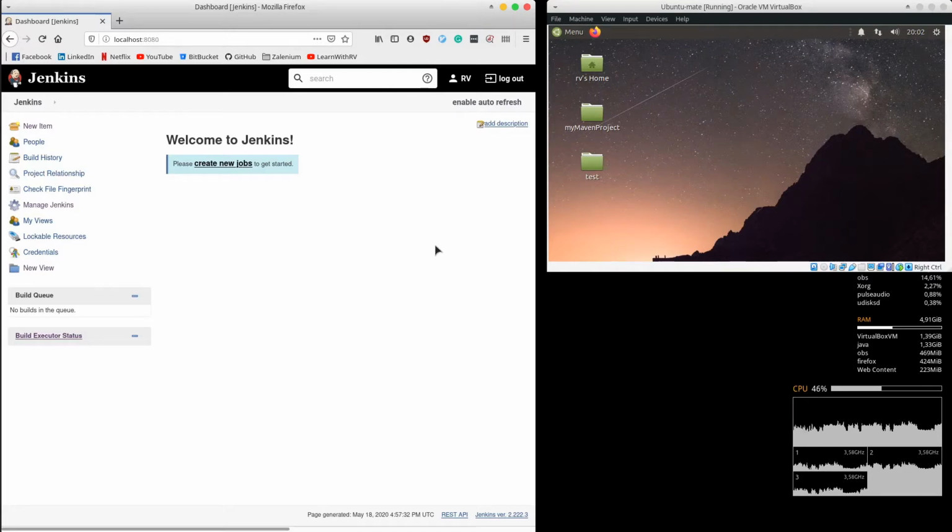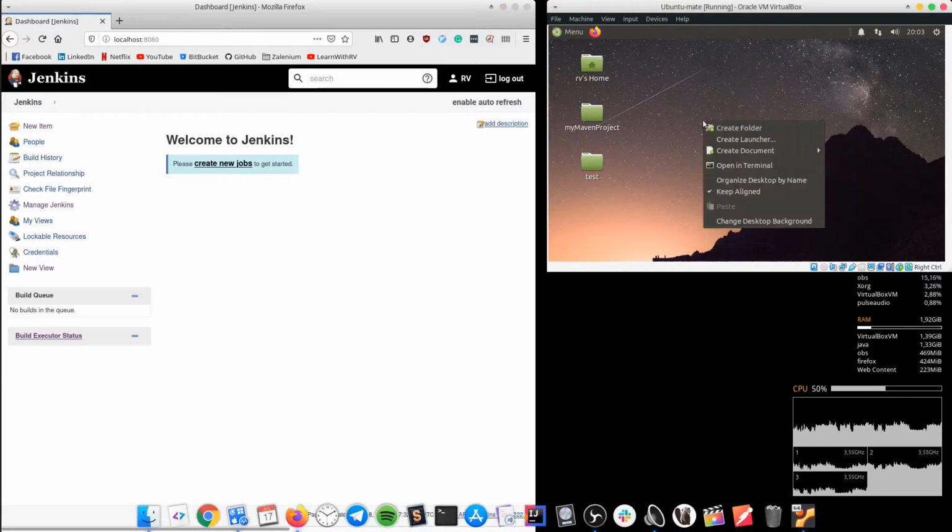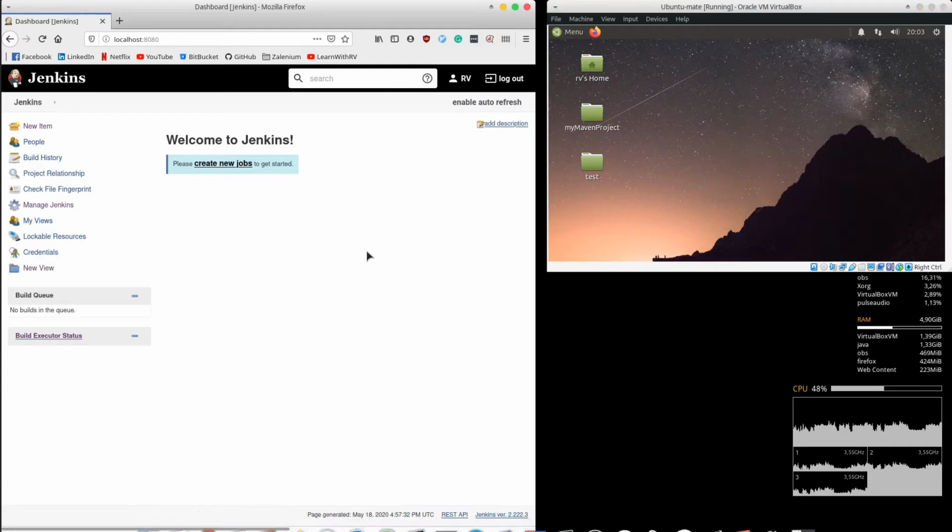connecting via SSH. Before we start, it's mandatory to have an SSH server installed on the remote machine. We learned how to do that in one of the previous tutorials. You can find its link in the description below. In this video, we will be using an Ubuntu virtual machine in VirtualBox. As a recap from the previous tutorials, we have the Jenkins master running in a Docker container with a port mapping that makes it accessible from the local machine.